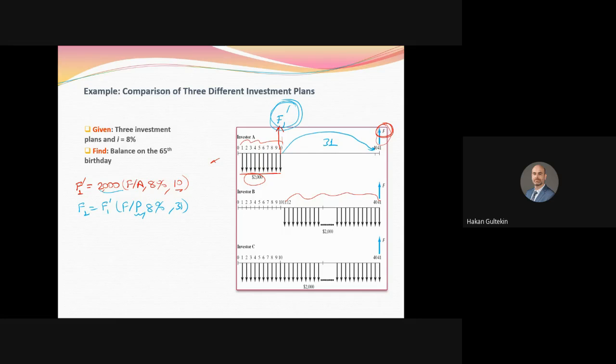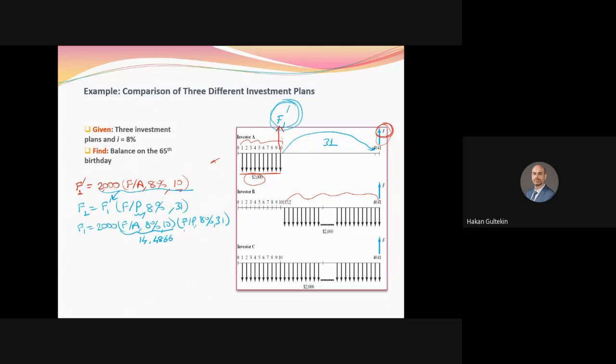So you can just combine these two things, and you can say that this F1 is equal to 2000 (F given A, 8%, 10) multiplied by (F given P, 8%, 31). And this is the solution. Now what you are going to do, go to your book, to the table, this F given A, 8% and 10 years, okay, 10 and 8%, and F given A, it is this one,